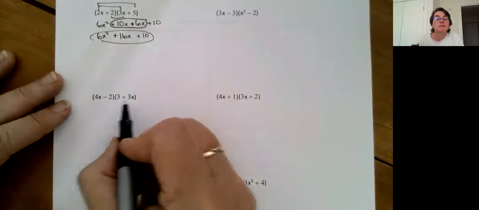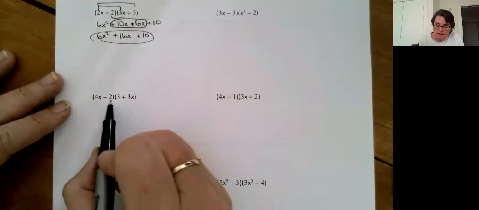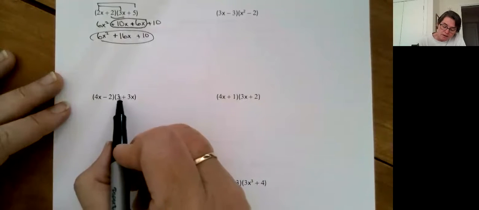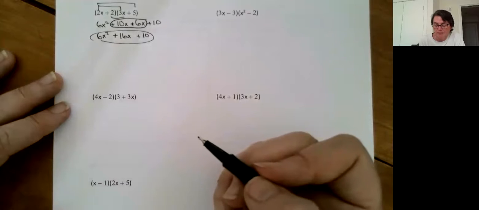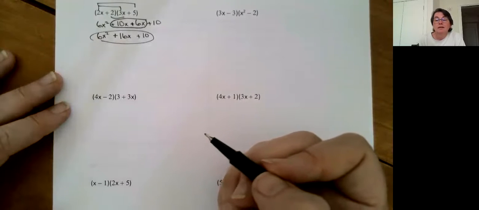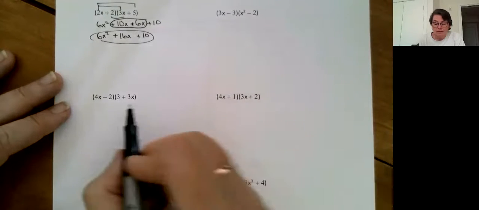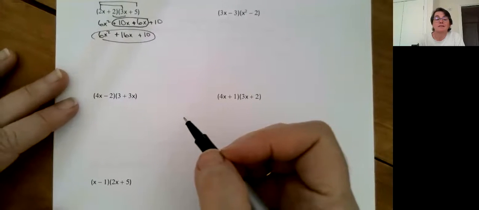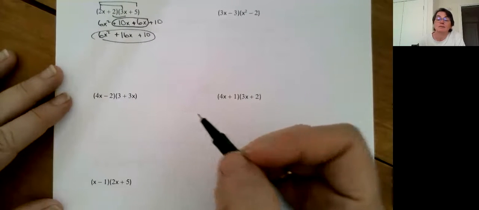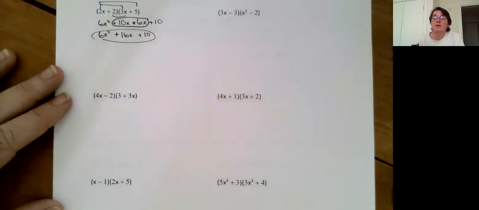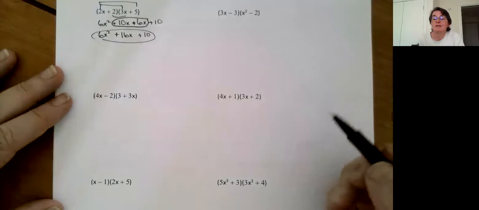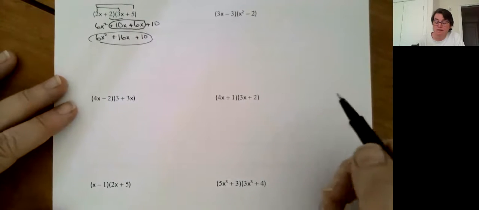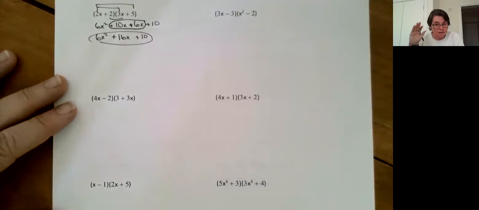Okay, so here's our first weird one. This looks normal, but you are used, or I'm used to having the variable in the first spot and the number in the back. You know what? Theoretically, you could reverse those, but don't. That's just bad practice, because sooner or later you're going to do that, and it's going to be some kind of a question where you shouldn't do it, or it's going to mess you up. So be brave, just do it the way it is, and just recognize that the pattern's going to be a